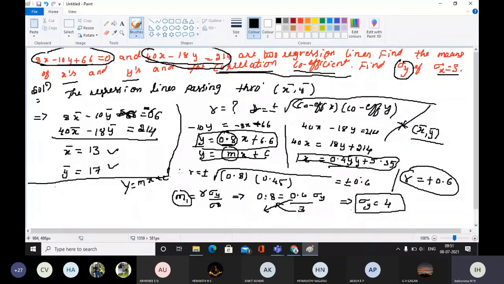Is all of you clear? So I have covered maximum all the types of problems. If regression lines are given, how to find the coefficient of correlation. If the coefficient of correlation is given, how to find the regression lines. And if x values and y values are given, how to find the coefficient of correlation as well as the regression lines. I covered all the types of problems possible to be asked in this concept. Clear?